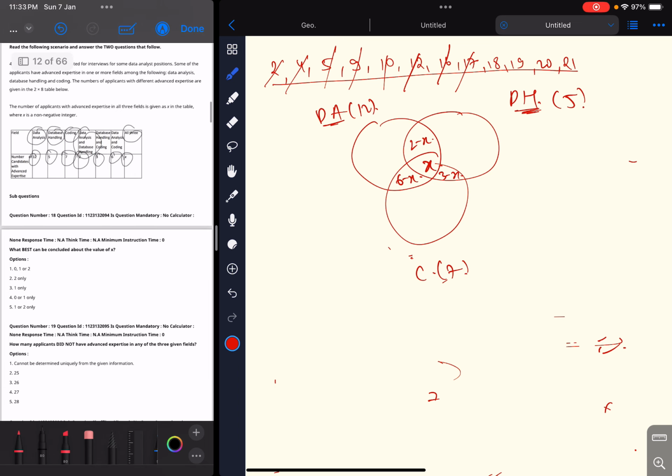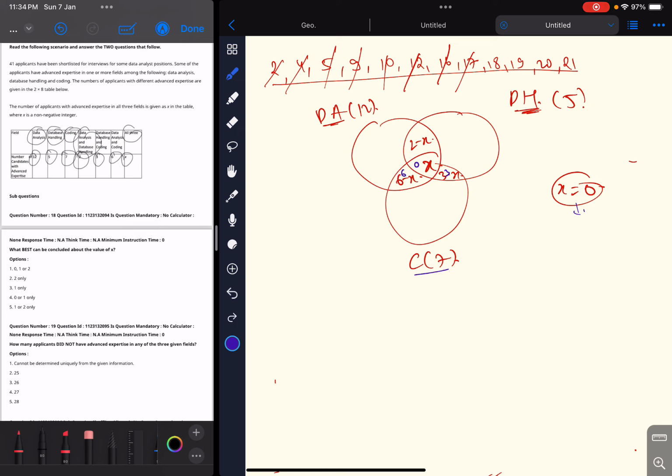Okay, since options are given, why not directly use the options? Best way is to use the options. So let us use this. If we put x equal to 0, 1, 2, 3 are the options, let us put 0. Okay, wait, here it was coding 7. So let me change the ink as well. So if we take x equal to 0, in that case we will get 0 over here, and here we'll get 6 minus 0, 6, and here we'll get 3. See this thing, total of C is 7, but you can see that 6 plus 3 adds up to 9, so x equal to 0 is not possible.